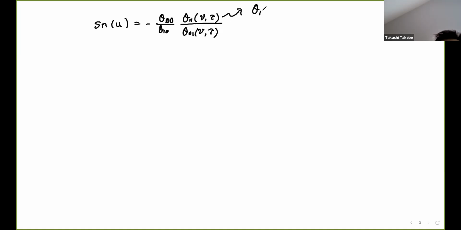Using this, roughly speaking, this goes to theta 1, 1, with some constants. This goes to theta 1, 0. And so